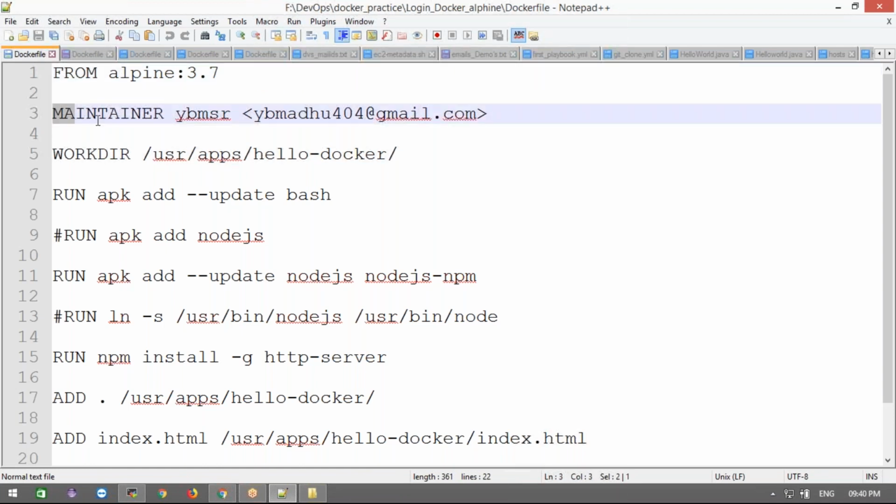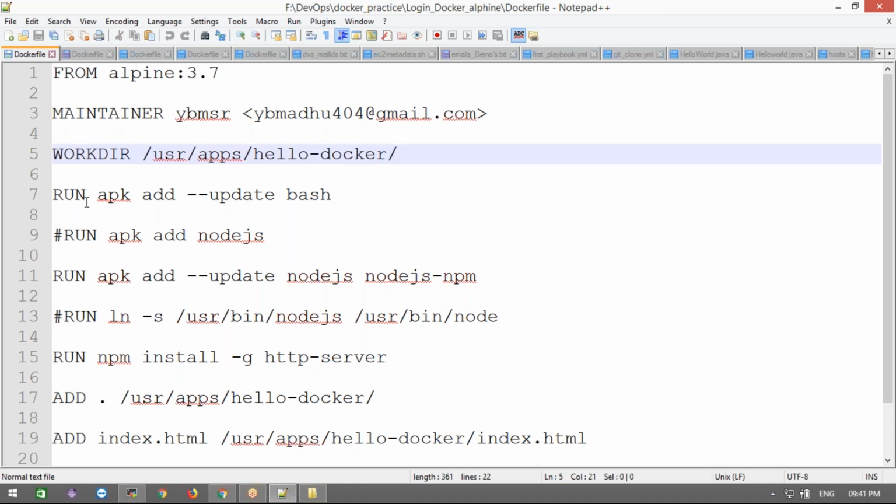And then I'm going to write the maintainer name, and this is my mail ID, of whoever wrote this Docker file. Who is the culprit of this Docker file? I've written the name. And latest is the label; we can give the label now. And the working directory: what am I going to create? I'm going to create a directory inside usr apps. By default, this folder will come when you use Alpine Linux, and then I'm going to create one folder called hello Docker. This is my own folder name, used like a cd command.